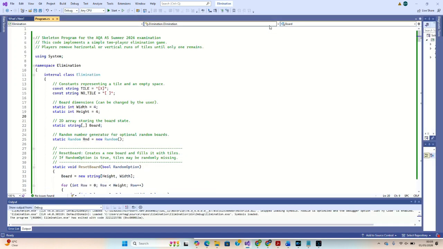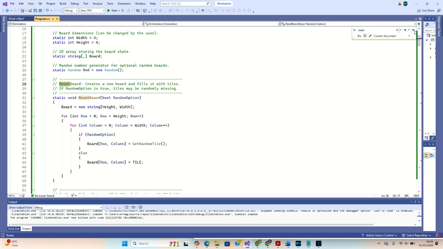So what I wanted to do was introduce a little bit of code to ensure that the random number had actually selected 90% of the board. So I'm going to show you a fix for that. Like I say, it's an unlikely scenario, but it does demonstrate the method reset board and enables us to make some changes to it, which may be useful in the exam. So I'm going to go to reset board. Here it is. Okay, so reset board